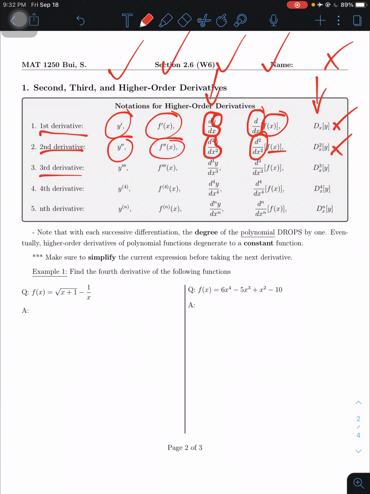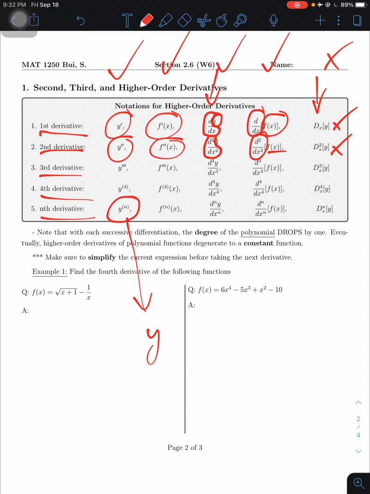And then same fashion for the third derivative, the fourth derivative, and also the nth derivative. Say you're going to have the 10th derivative, 12th derivative, and 20th derivative, or whatever it is. When you talk about the nth derivative, we're going to use the symbol of parentheses. So don't do it like